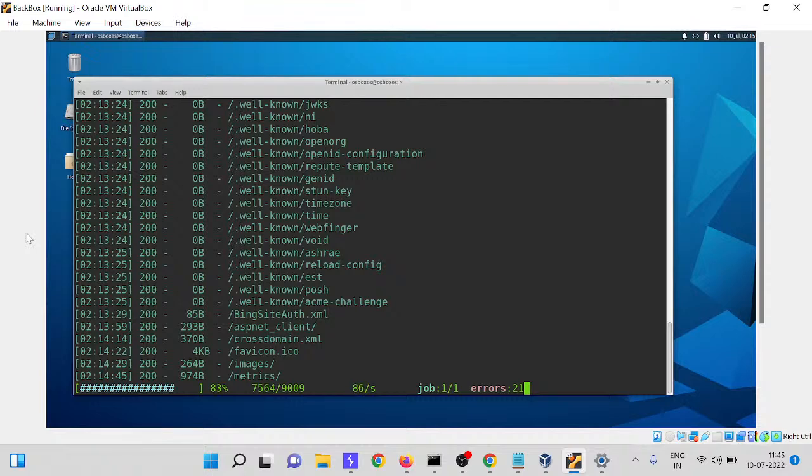Might sound interesting. Those are showing 0 bytes, no need to check them, it's a blank page.